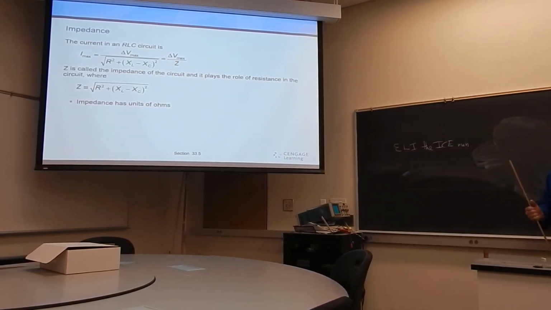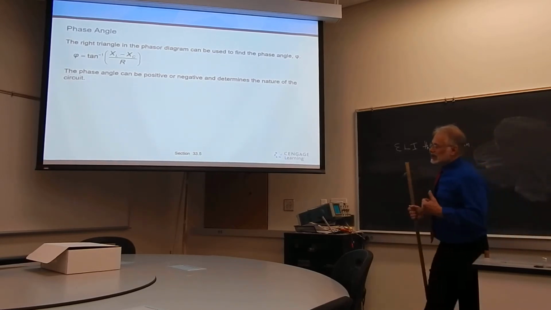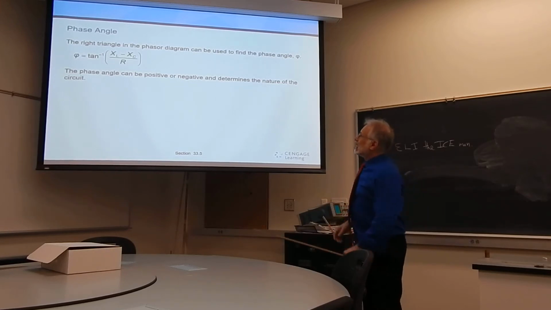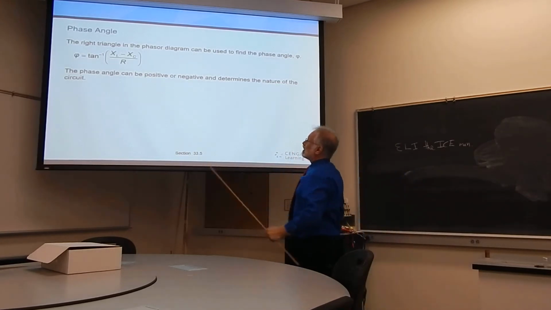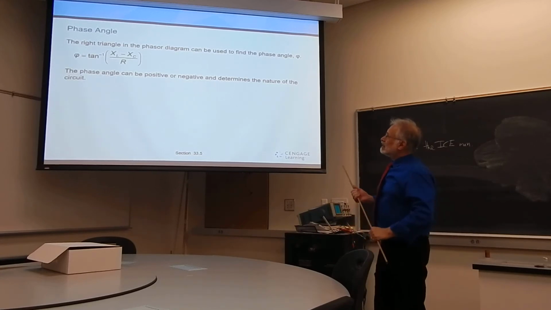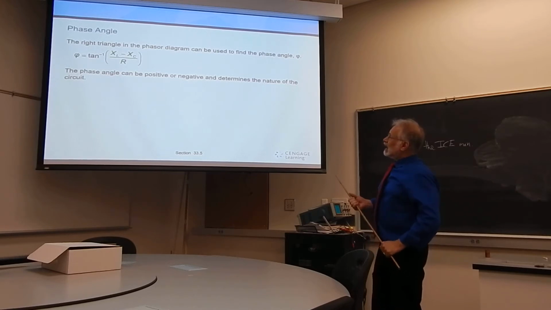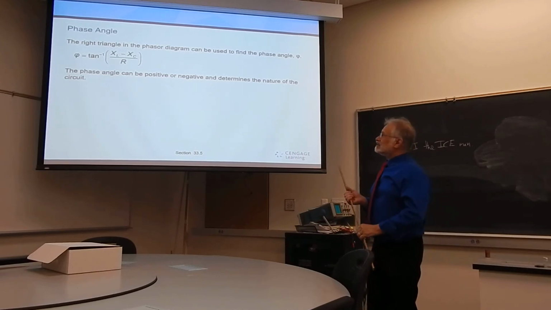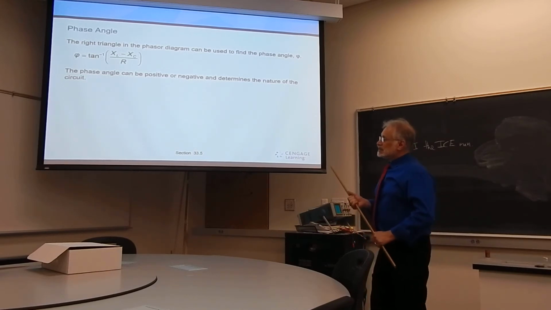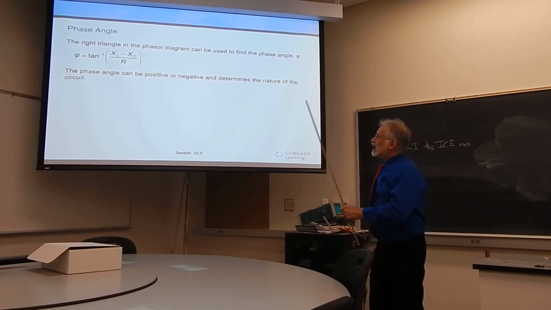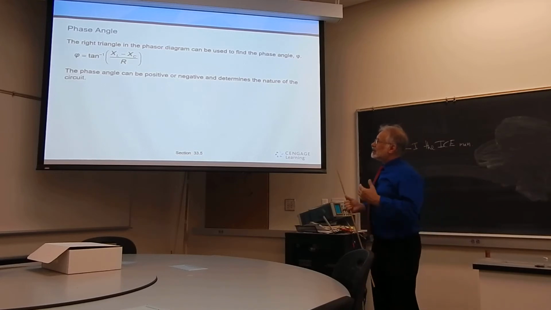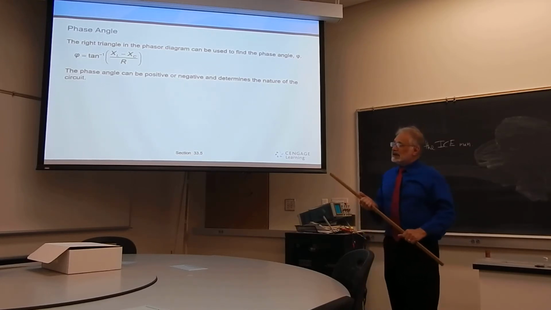Along with that, we talked about the phase angle. This tells us whether the current will ultimately lag or lead the voltage in the circuit. And this is what we call phi, and that's the arctan, as we said before, of X sub L minus X sub C over R. Depending on the sign, if the angle is positive, we call the circuit inductive because the inductance is stronger than the capacitance. If the angle is negative, we call this a capacitive circuit because the capacitive reactance is stronger than